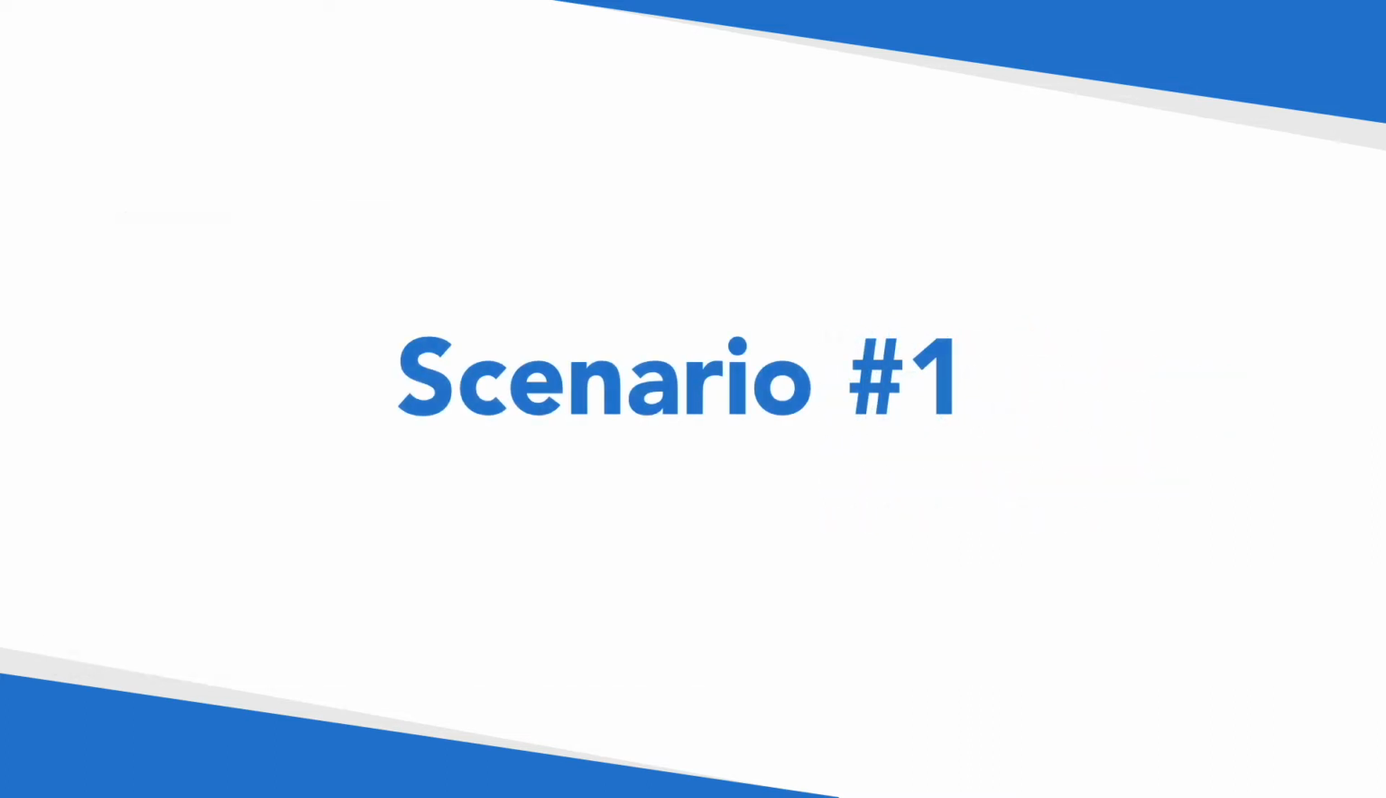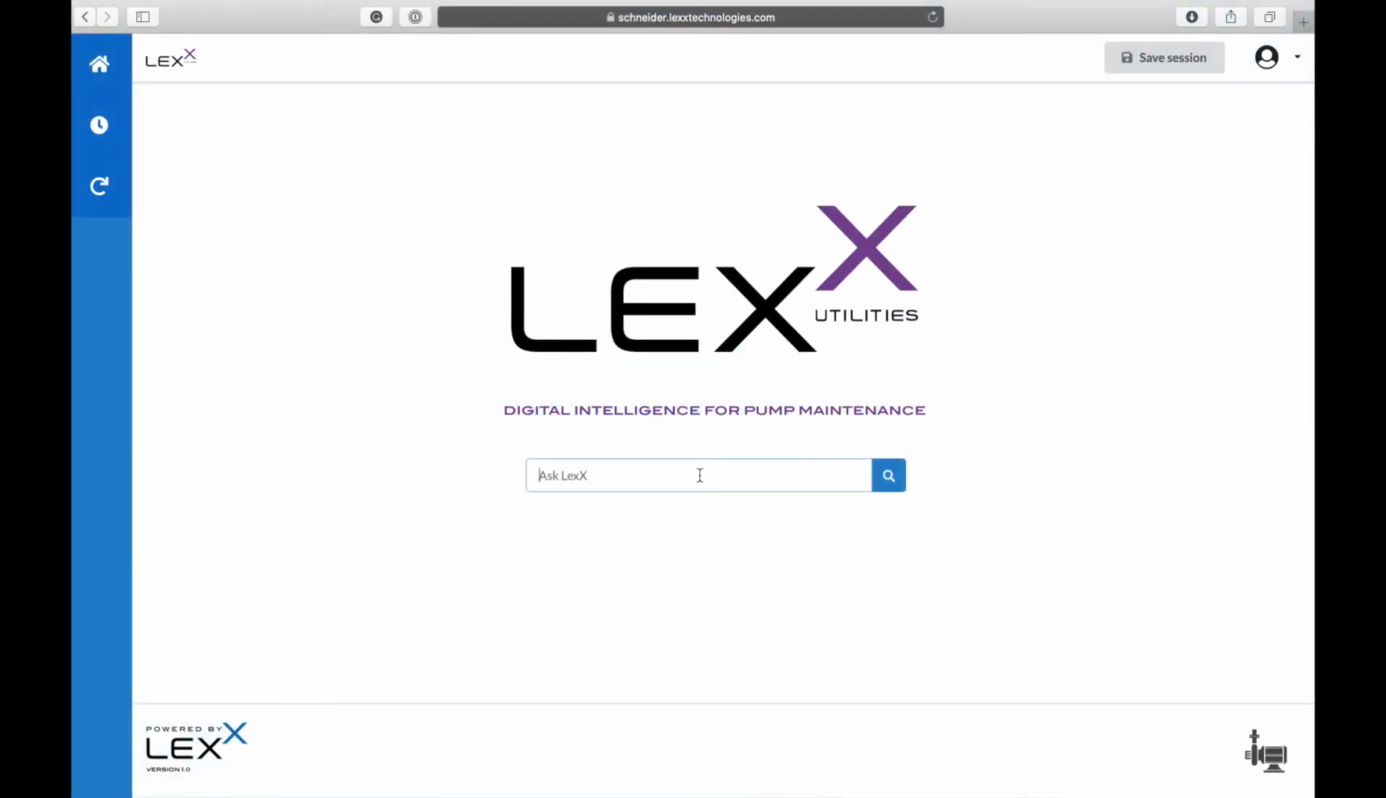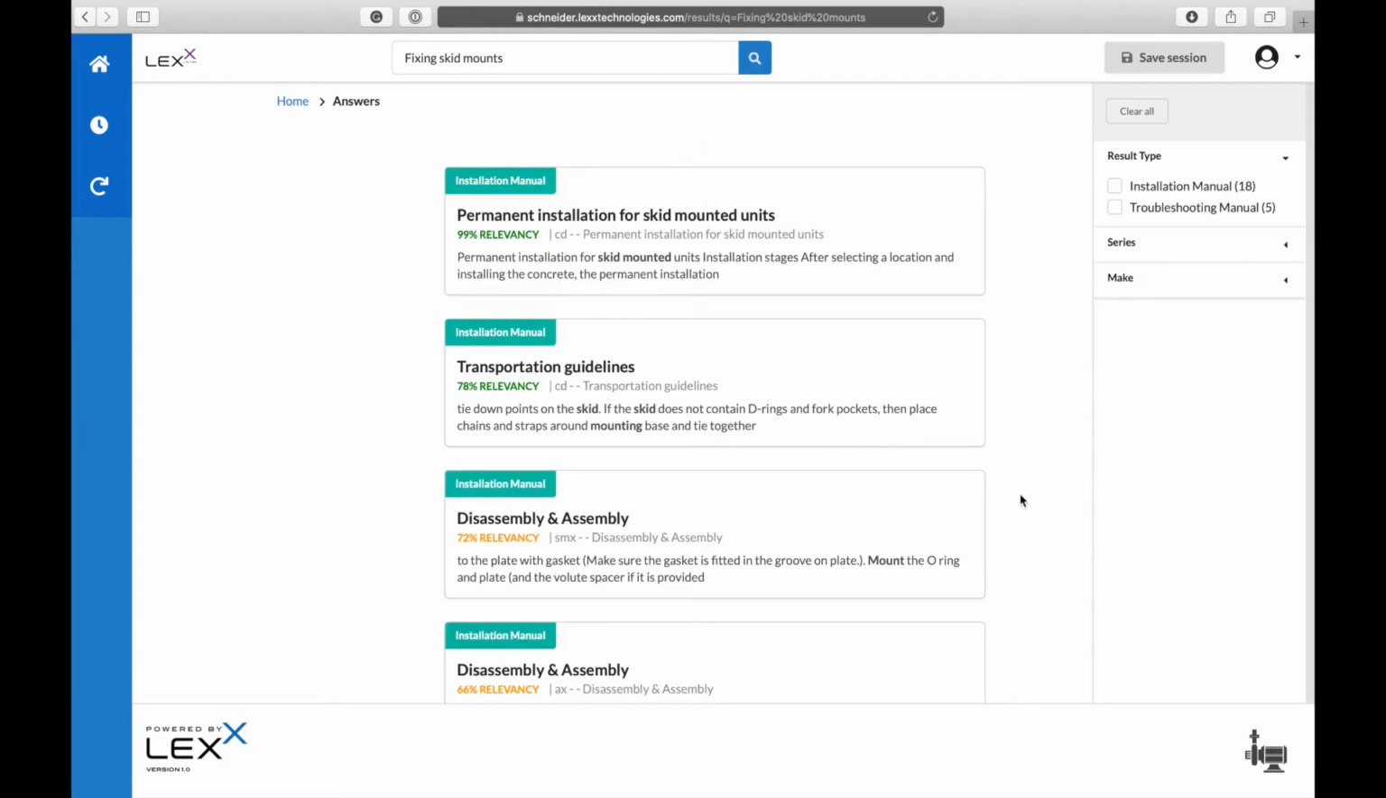In our first scenario, a technician wants to find out how to fix skid-mounted units. Instead of taking time to manually search for the relevant manual, the technician could ask LexX. When they open LexX, they are presented with a simple, intuitive interface where they can simply enter the query into the search bar. LexX will then present the technician with a series of results that are linked to their search